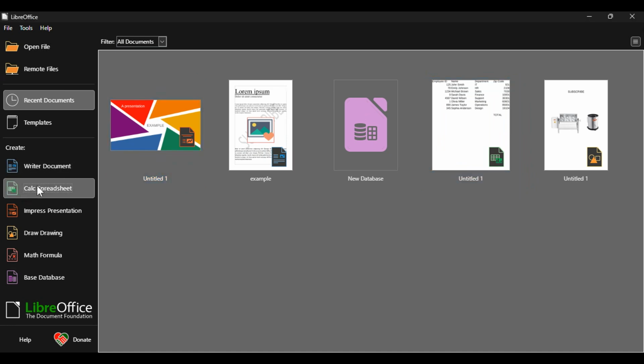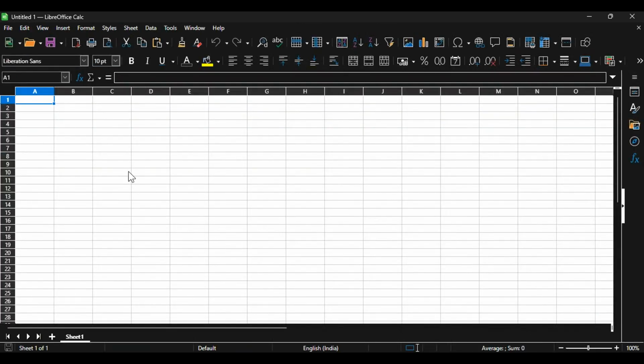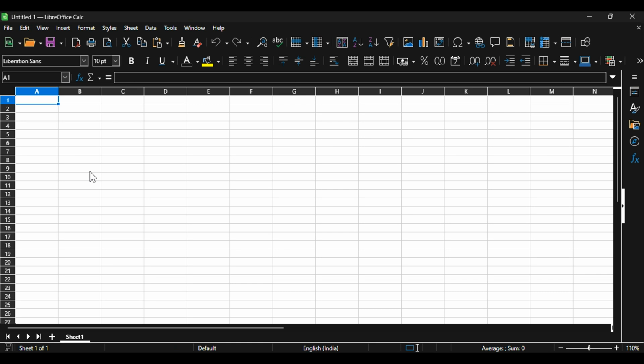Now, look at the bottom of the Calc window where your sheet tabs are located. These are the tabs that let you switch between Sheet 1, Sheet 2, and any other sheets in your file. To change the color of a sheet tab, right-click directly on the tab you want to customize. When the menu appears, look for the option called Tab Color and click on it. This is the setting that lets you assign a specific color to that sheet, making it stand out visually from